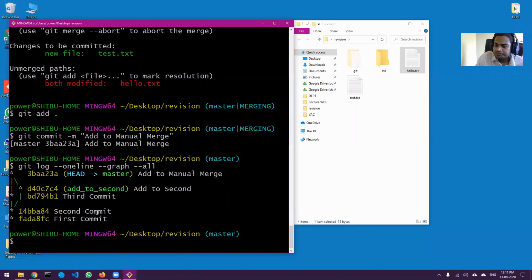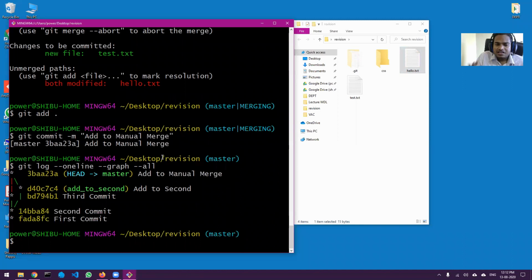So this is what we have done in the last lecture. Git merge abort. Khan Fazal is asking what is git merge abort. If there is a conflict and you don't want the merge to happen, I'm not sure about this. I've never used git merge abort. I will usually simply do reset and get back my data rather than doing git merge abort.